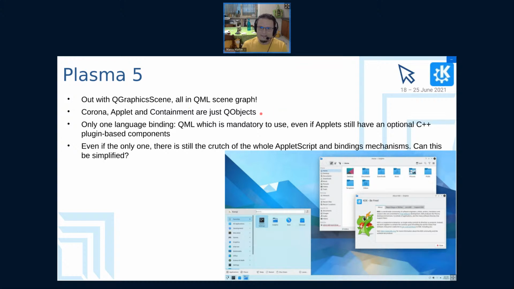As a nice side effect, the triad of the main classes in Plasma migrated from being also graphics objects to being pure Q objects, so purely logic without a particular representation attached, which is nice. As a downside, we lost pretty much all the bindings that were not QML,